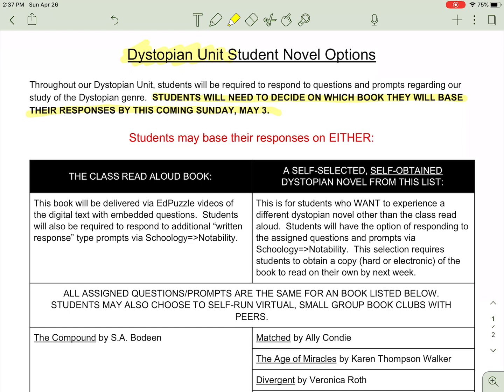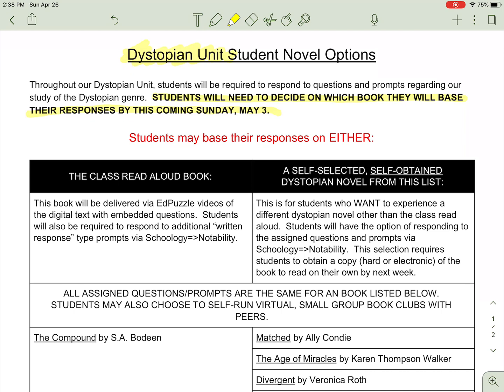Some of these books that you're going to see to decide upon might be books that you've read in the past. And honestly, guys, I would challenge you to read a book that you haven't read before. But if you end up deciding that you'd like to reread The Hunger Games or something like that, just make sure that you're not doing it as an attempt to get out of the work, because you're still going to be required to give specific examples from your text and page numbers and things like that. So you wouldn't be able to just say, oh, I've seen the movie, or oh, I read it 3 years ago, or whatever like that. Okay, so that's just my little caution there on making your selection.